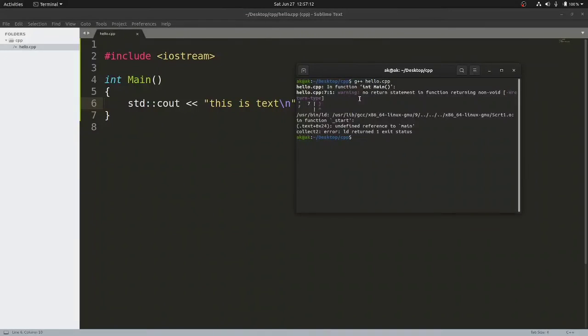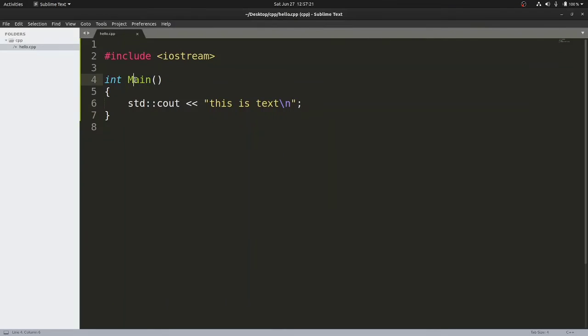It says it is a function main, but it did not execute, right? Our program did not execute successfully. Why? Because capital letter M and small letter m are distinct in the C++ language. So we can say that the C++ language is case sensitive. That means capital letters and small letters are treated differently by the C++ programming language.